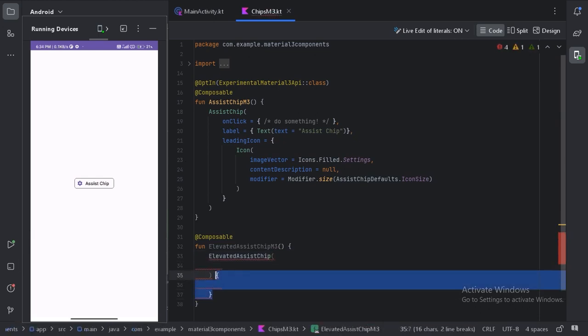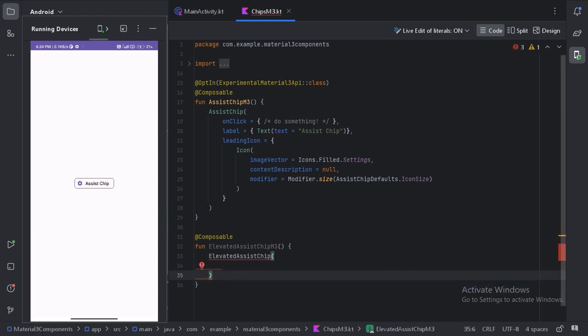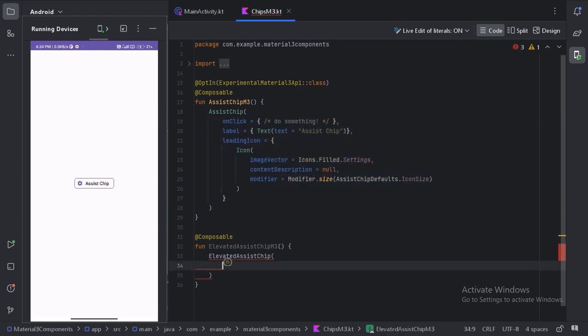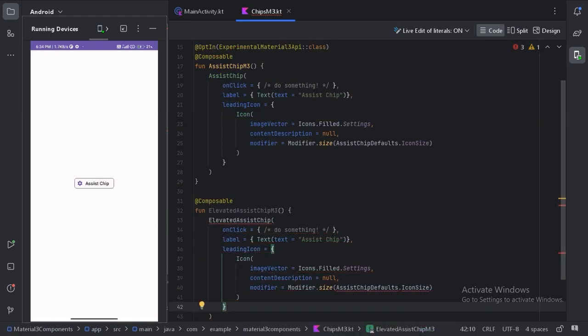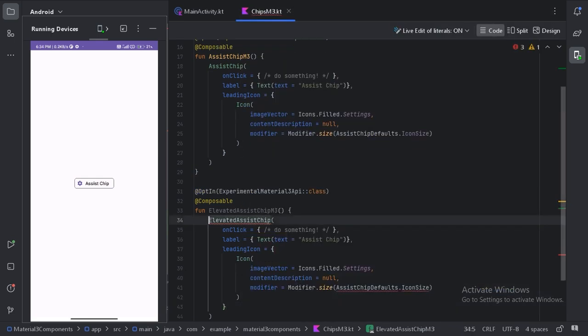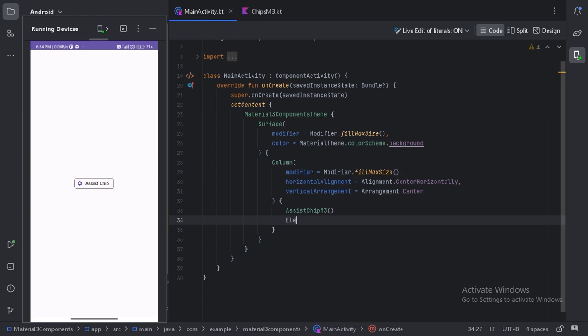Let's delete these parentheses, and what we will do is copy all these parameters and paste them here, because all the parameters will be exactly the same. The only difference is that this elevated assist chip will have some elevation. So this is giving an error, so let's opt in with the experimental annotation, and now let's use this after the assist chip.